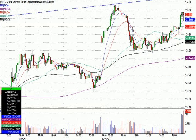Real quick, glancing at the SPY: straight up off the bat, then it goes down, takes out the low of the day, and then goes into a long grind with a strong close. We've seen a strong close many days lately on the SPY. Does that mean something? I'm still not sure. It remains to be seen, but we'll keep our eyes on it. It's definitely been a pattern lately. All right,